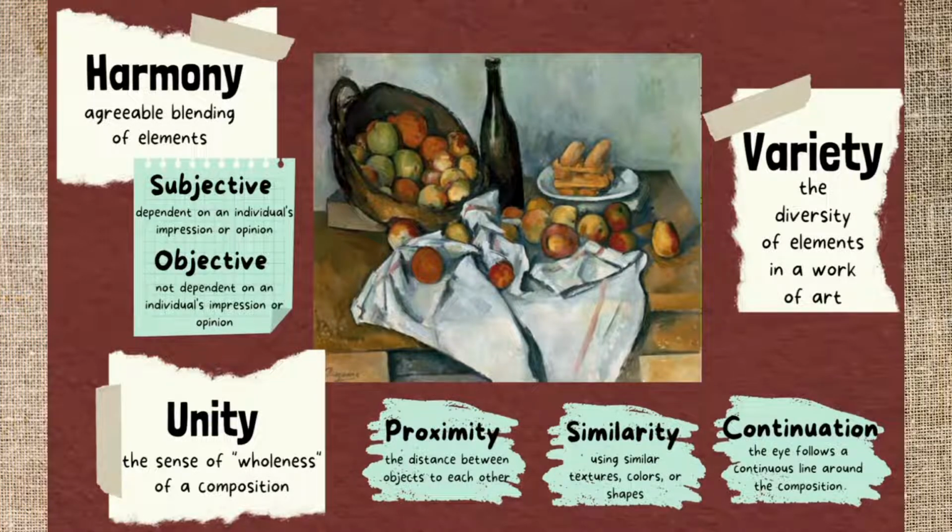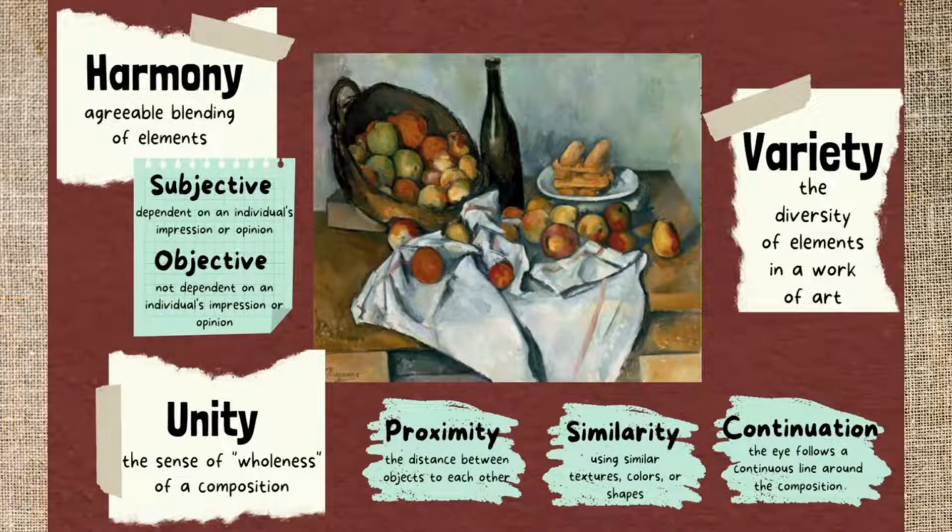We also have objective harmony, to where my opinion more or less doesn't really matter. We listen to what the artist says about the painting and we say, okay, they're saying that these elements go together because of XYZ, and so it goes together. So we have two types of harmony, kind of depending on which artist's art you are looking at. And so in this case, when I'm looking at Cézanne's still life painting, I could say that I see harmony